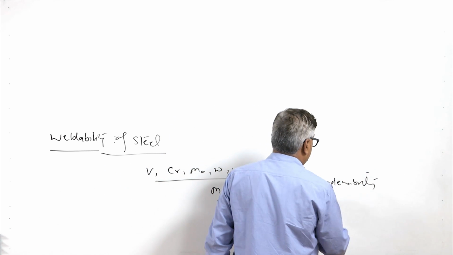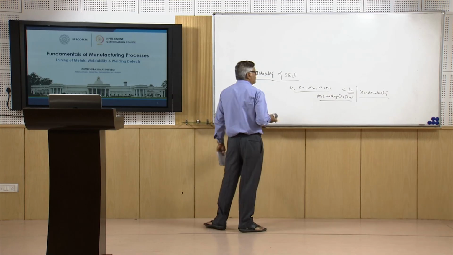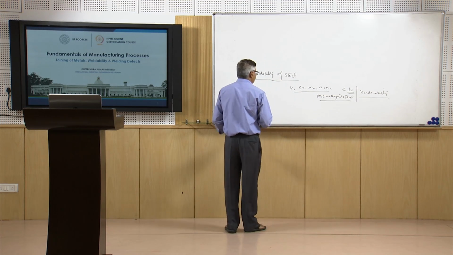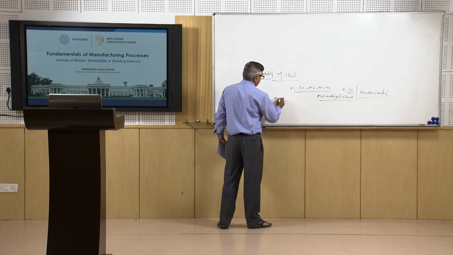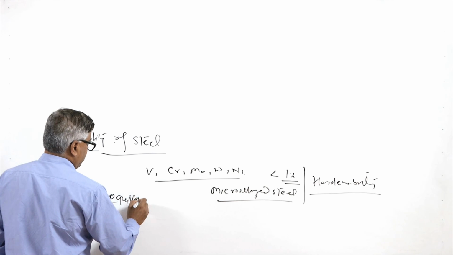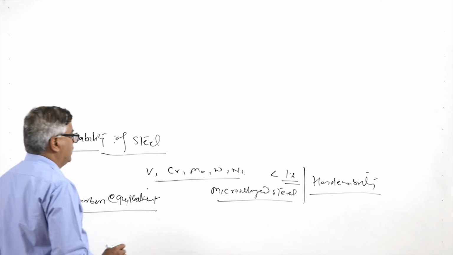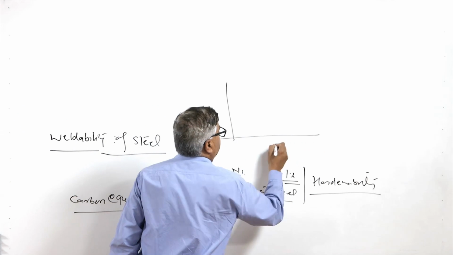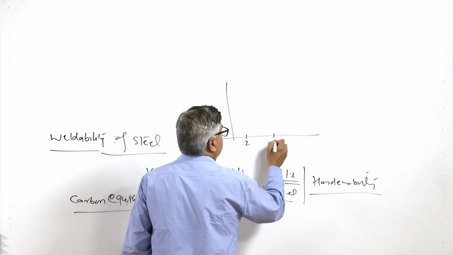When these alloying elements are present in the steel, they affect the hardenability. So, the combined effect on the hardenability of the steel is checked using one common term, which is called the carbon equivalent. Carbon equivalent basically, since we know that the effect of carbon is very simple here, like say carbon in terms of 0.8 and say 1.2,